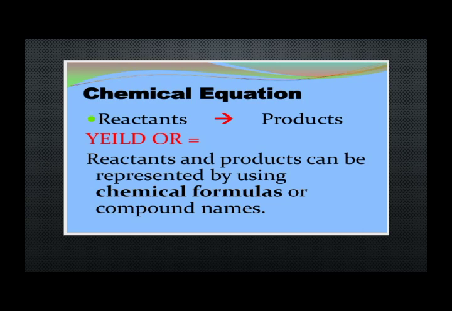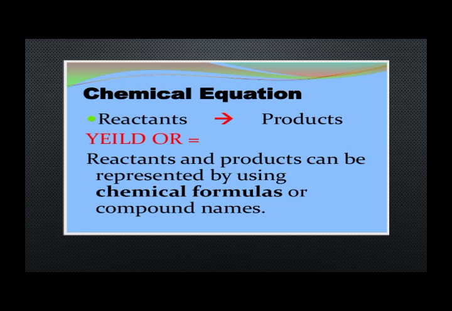Here you can see the explanation of a chemical equation as well. As we all know, in a chemical reaction, there are two types of things present. One is the reactants and the other is the products. So here you can see a sort of chemical equation by which we represent the chemical reaction. Actually, a chemical equation is the means which we use to write down any chemical reaction, right?